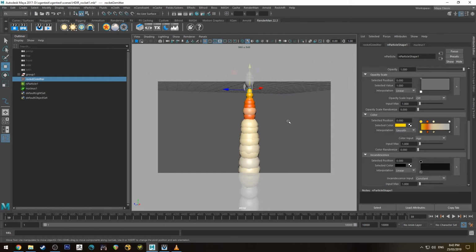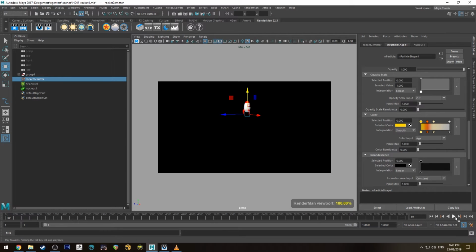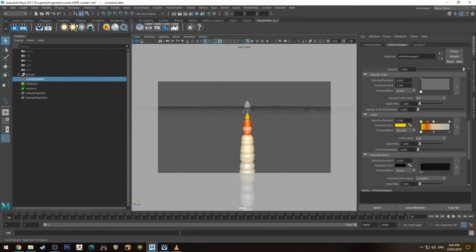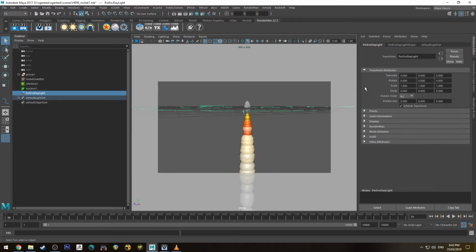Alright, so at the moment, if we render this with Renderman, we can just do it in the window here. It's not going to work because it doesn't have a shader. Also, there's no lights in the scene, which you don't want. So first off, we're just going to right click on there and add Pixar Environment Daylight. And if we run that again,